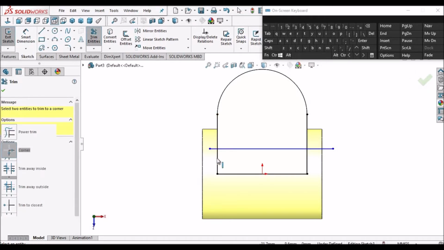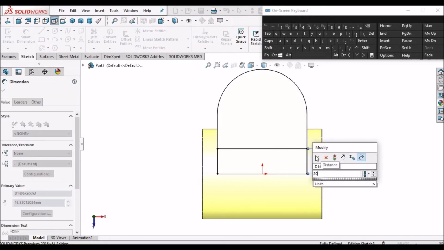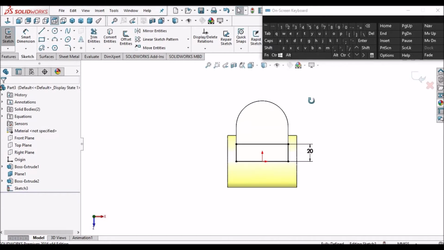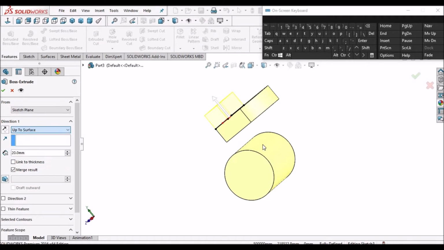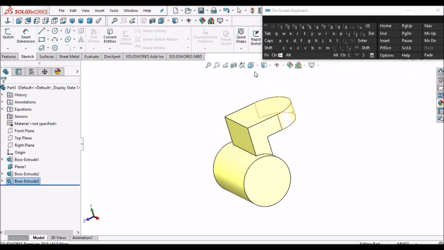Go to trim option, trim corners. Go to feature, extrude and select up to surface. So this is done. Save the file.